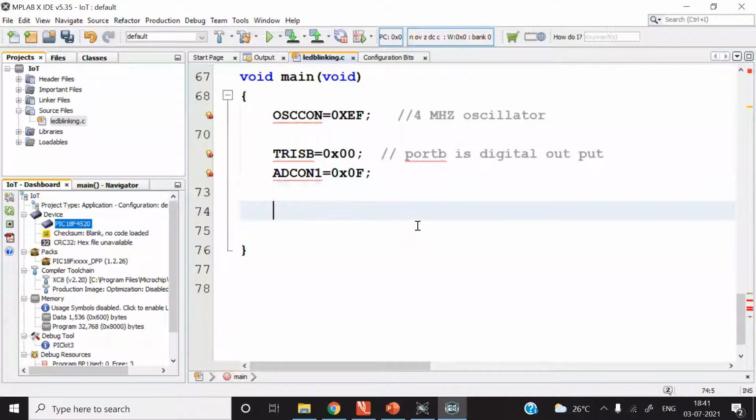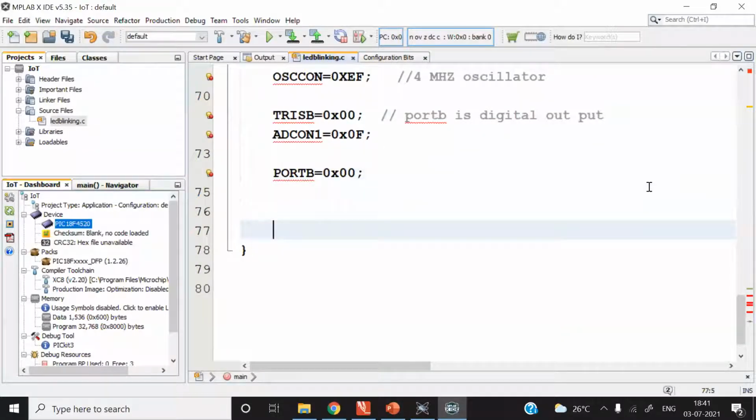Next, at the beginning we'll make all pins of port B 0. So PORTB is equal to 0x00. All port pins are set to 0. When you execute this instruction, the data is written to latch B. I already discussed that a write operation with respect to a port is done with respect to the latch register.